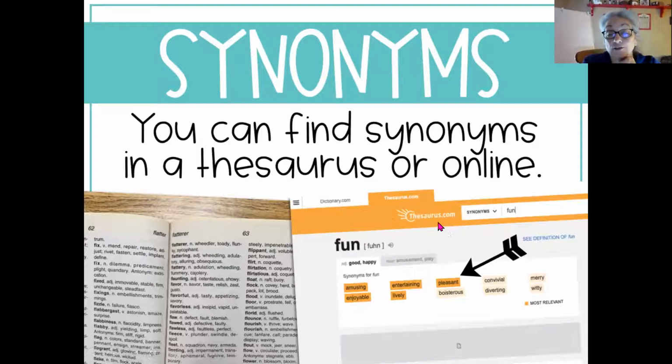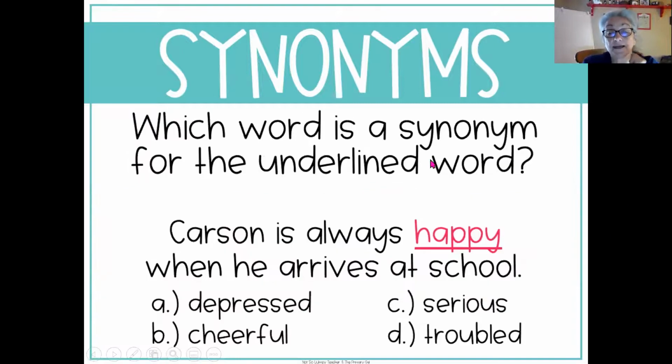You also can go online, thesaurus.com, and choose synonyms and type in a word, and it will give you examples of synonyms. For instance, here is the word fun, and they've given you all of these examples that you can use instead of the word fun. So now we're going to look at these examples, and I want you to read the sentence and decide which word